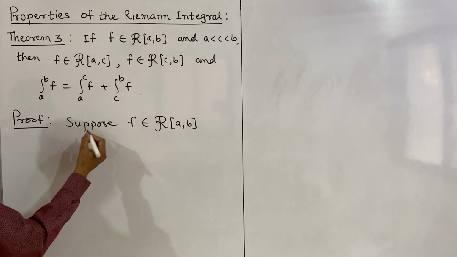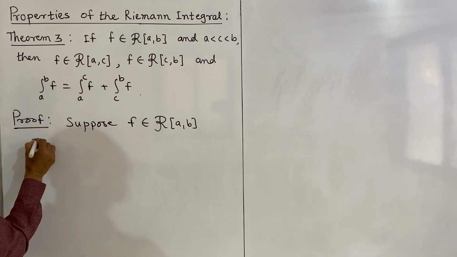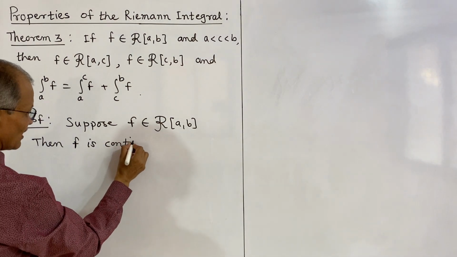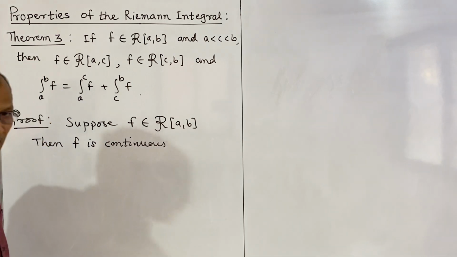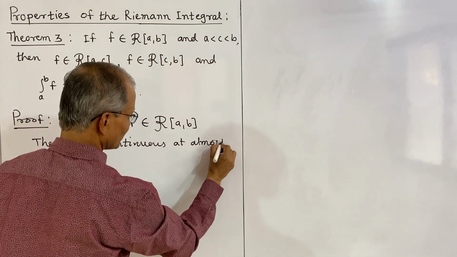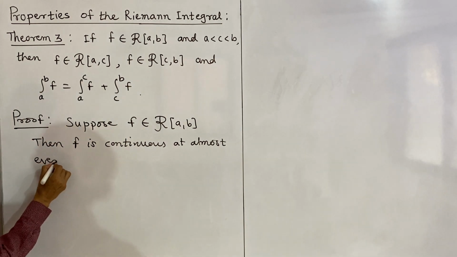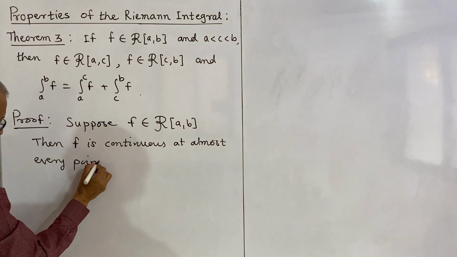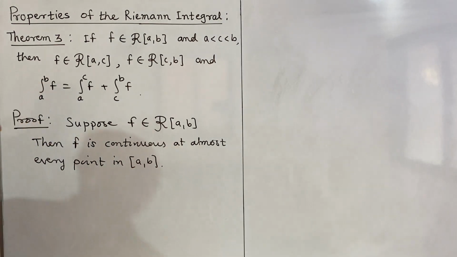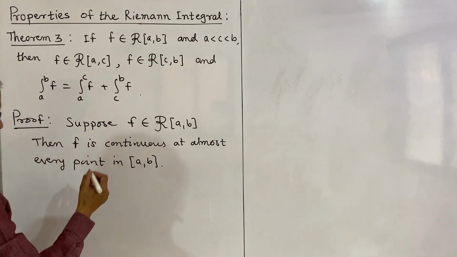Then f is continuous by existence theorem. f is continuous at almost every point in the interval a to b,